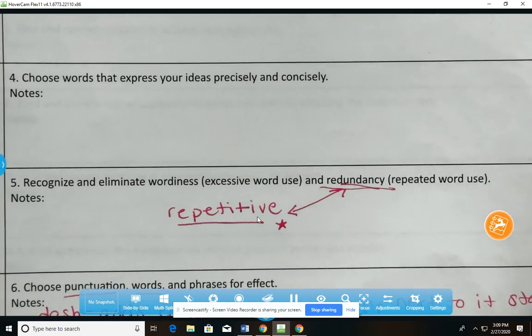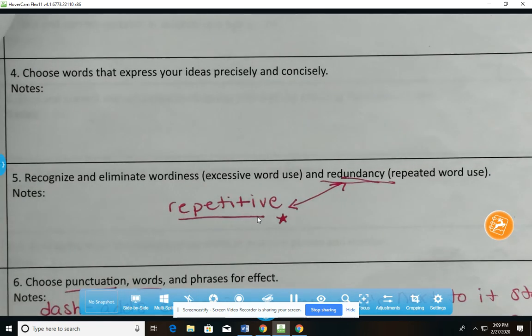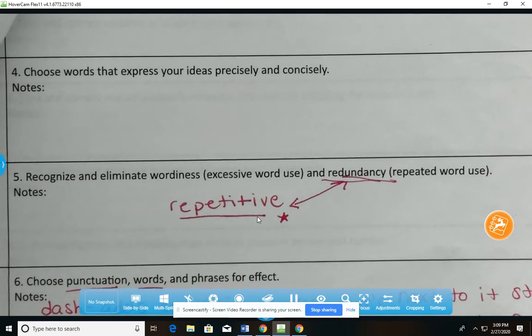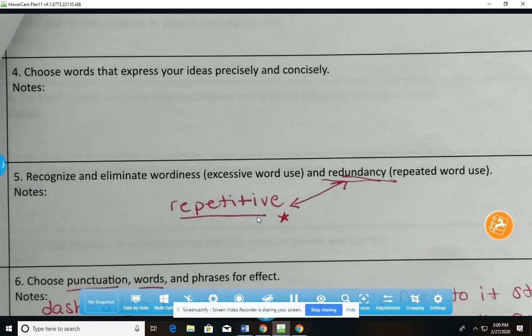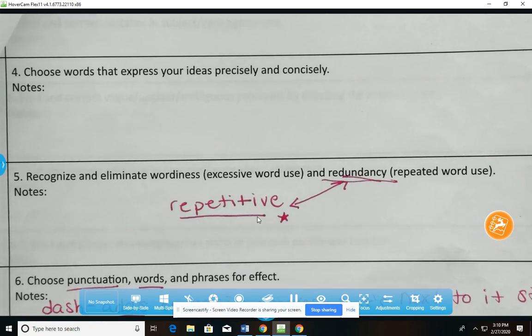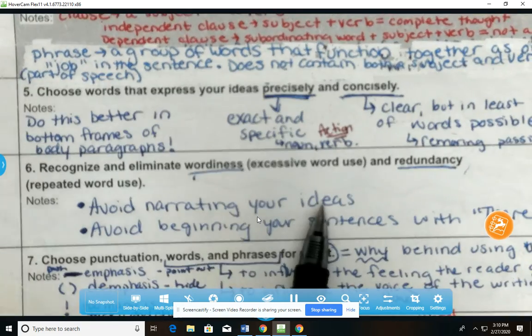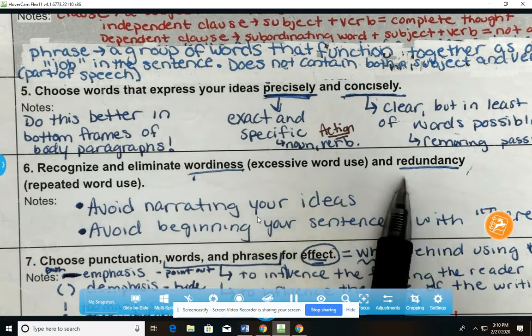use in your writing. So wordiness and redundancy tend to be the two skills as we're rough drafting that are going to be most present within your rough drafts, because oftentimes we tend to narrate, which is a way of being wordy and redundant without really creating any content progression in our essays. So avoid narrating your ideas, and that's going to help eliminate that excessive word use of wordiness and the repeated